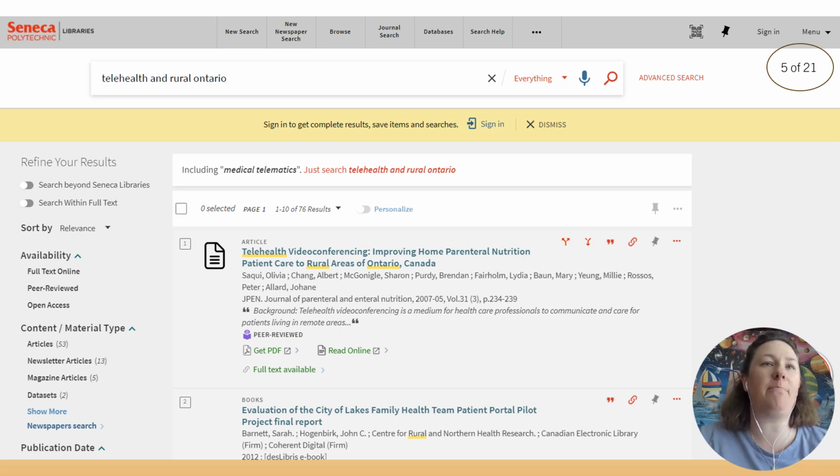And you can do that by saying that you want to find only peer-reviewed articles. So under availability, you'll see that it says peer-reviewed as one option. And that's if you want articles that are published in journals where experts review the articles before they're published. It's a lot of original research that's been done. And it's been vetted to make sure that the contributions to the field are